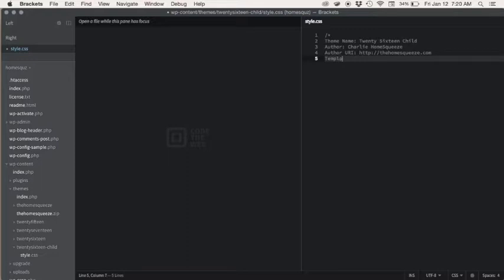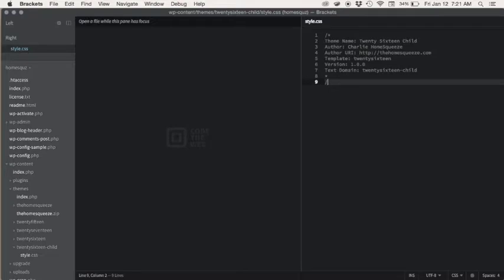Template. This is the slug for the template that this child theme goes to. The slug for 2016 is 2016 in lowercase letters with no spaces. We're going to put Version 1.0.0. And the text domain for this child theme will be 2016-child. So close that style comment,